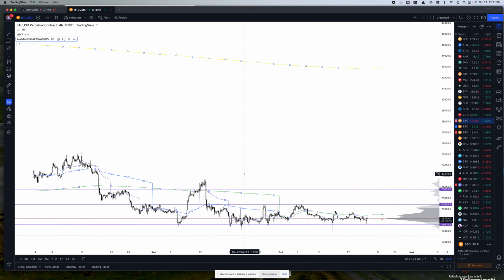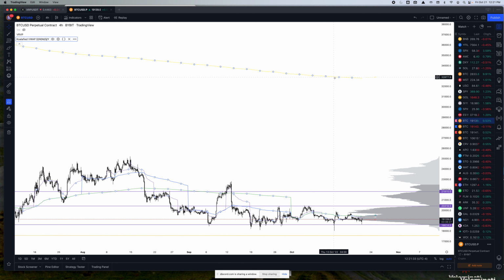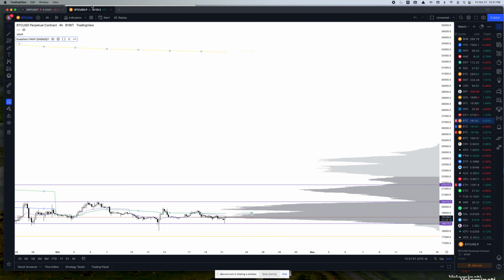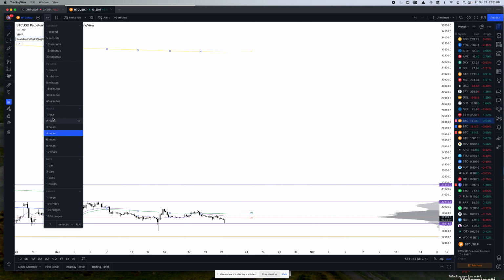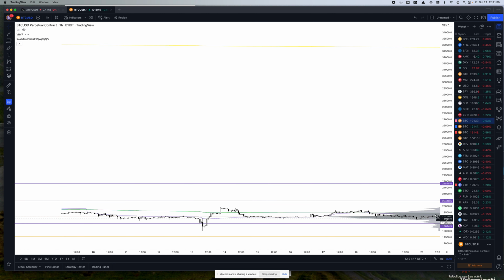So what does the VWAP add? The VWAP is the volume weighted average price. The yellow right now is the yearly. You've got the daily, weekly, monthly, and quarterly can be added. And essentially from here, what I can do is just get an idea of the trend,